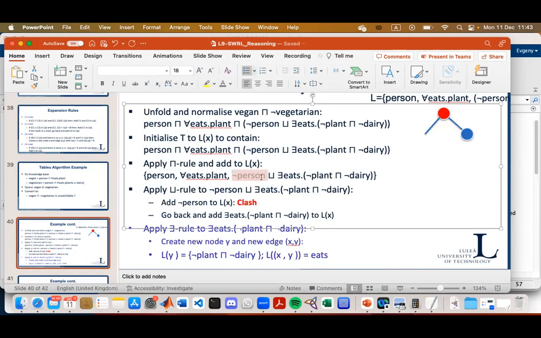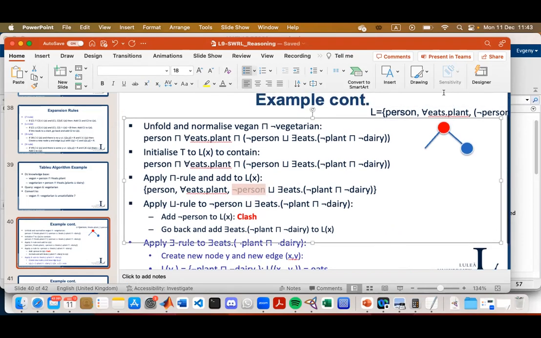So we try one by one. So what happens if we add the first concept from the union to the set of labels? We exclude this one and add only the first one, which is the negation of a person.